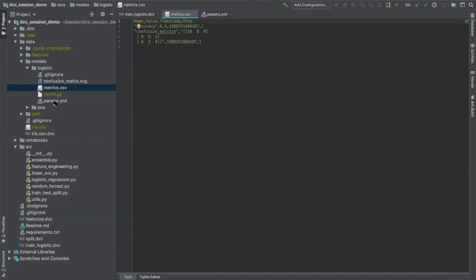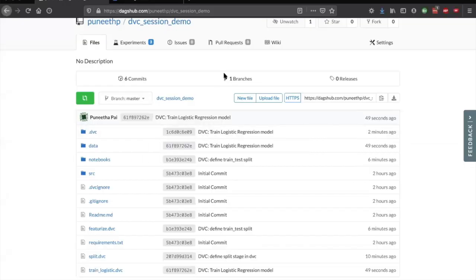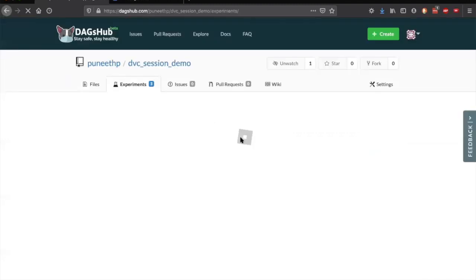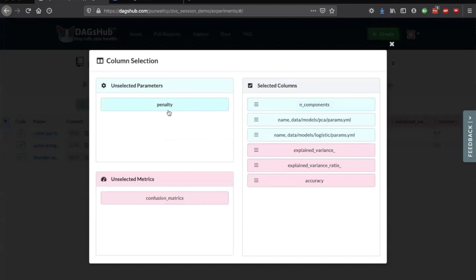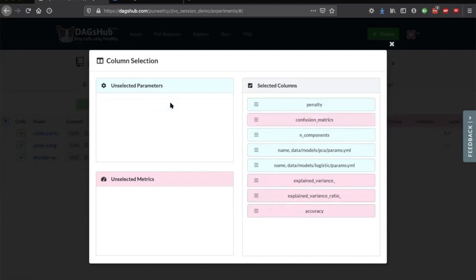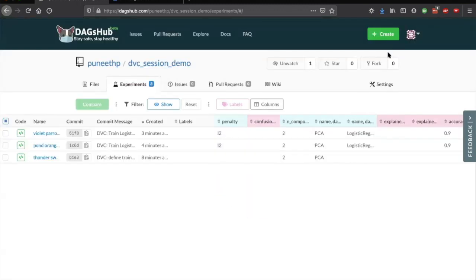So based on this params.yaml and metrics.csv, DagsHub is able to identify for this experiment what were the parameters, what were the accuracy scores. So if you open the columns, you can see that these are the parameters and these are the metrics. You can choose which one you want to compare, and compare the results here. Was that clear?